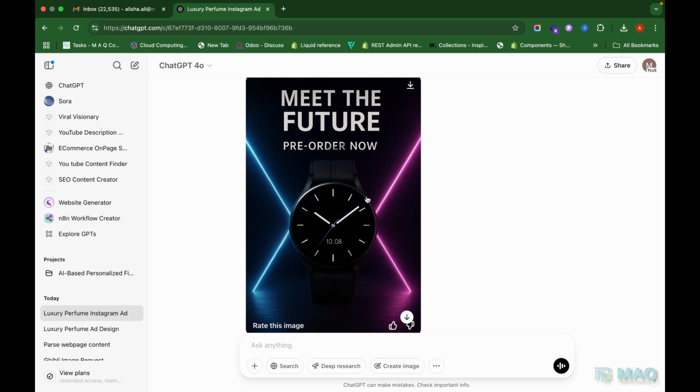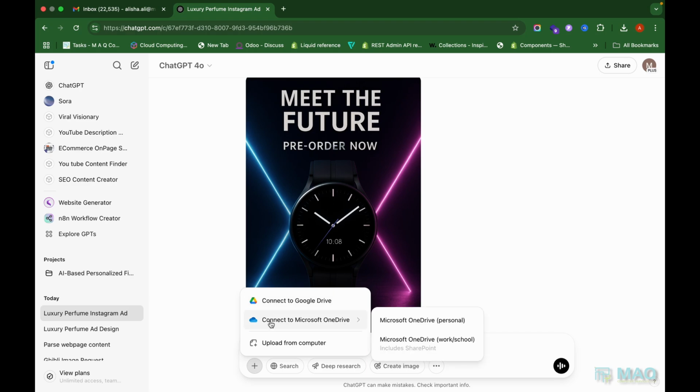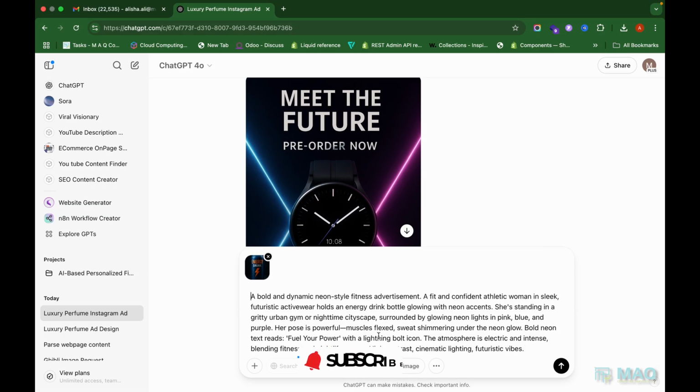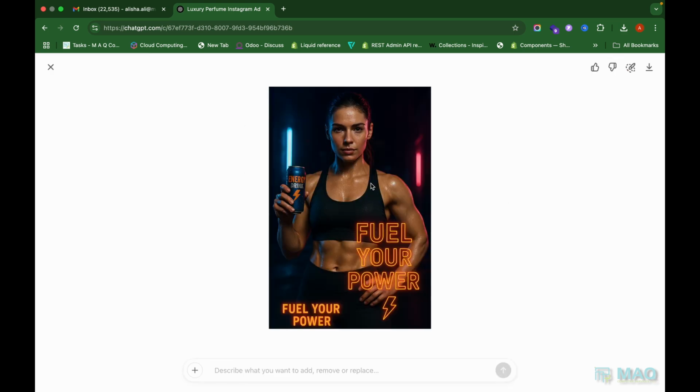Now let us try to upload an energy drink can and ask ChatGPT to create a lifestyle image of a model holding that particular energy drink. So I'm uploading the energy drink image now, and I'm adding a prompt over here for a bold and dynamic neon style fitness advertisement, and all those details I have added over here. Now let us run the prompt. Now you can see that ChatGPT has generated the image for us with an athlete woman holding